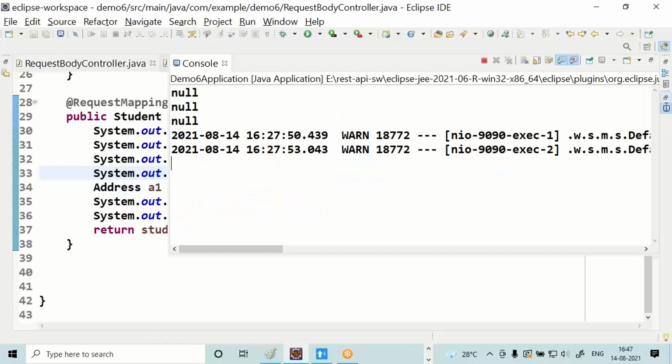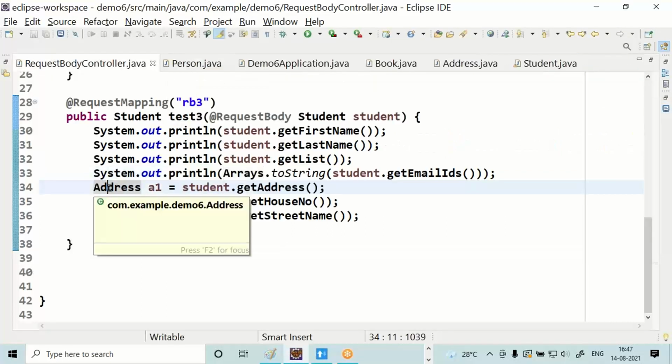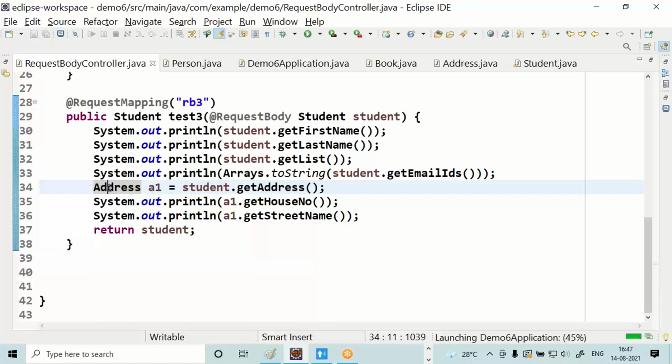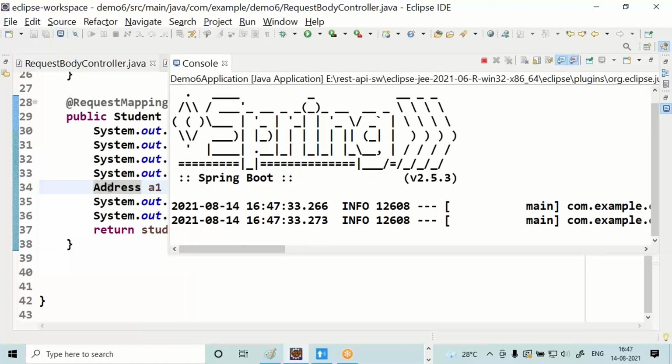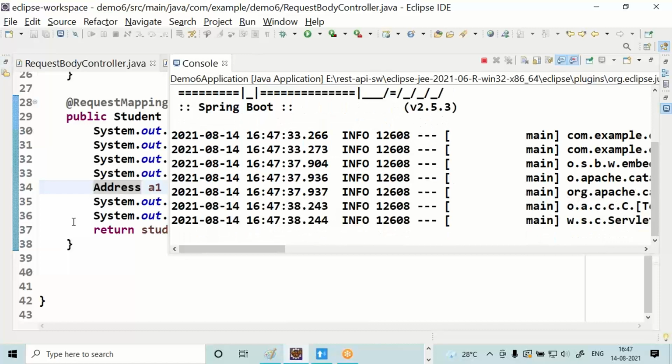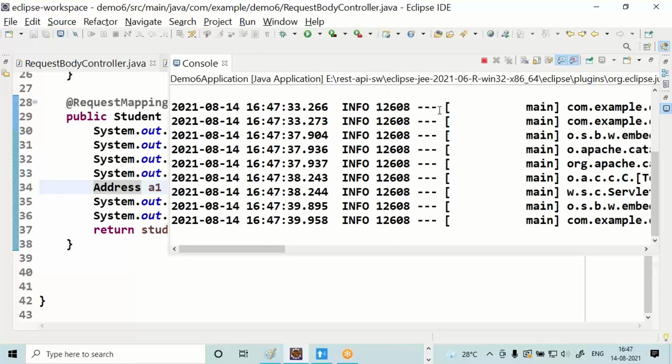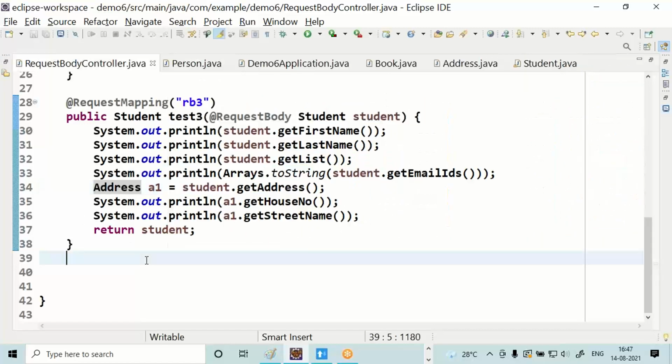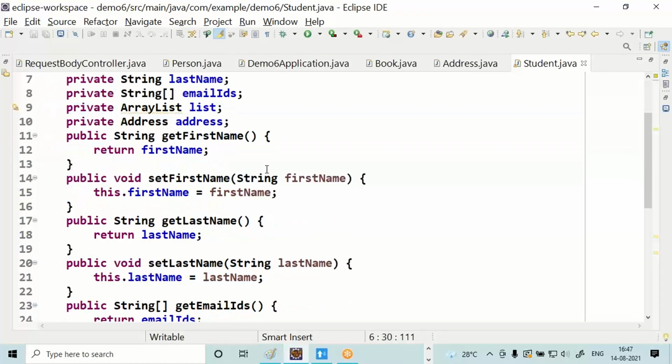Guys, let me restart. Stop the application. Start the application. Give a request to RB3. It's a complex JSON object. Whenever you are developing a JSON object, take the student data.